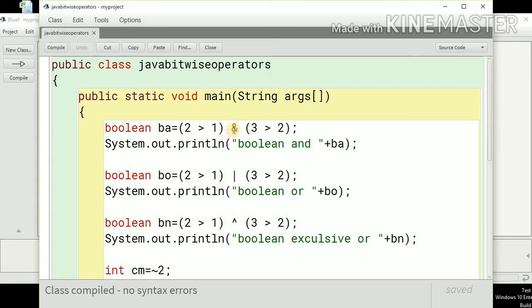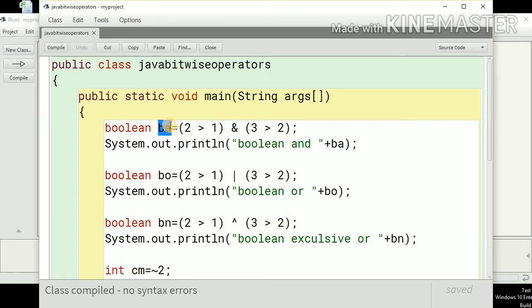There is one more difference between the bitwise AND and the logical AND operator. The logical AND operator first checks condition 1, and if this condition is true, then it will check the second condition, and if this is also true, then it will return a true value. If the first condition is false, then it will not check the second condition and directly returns false.